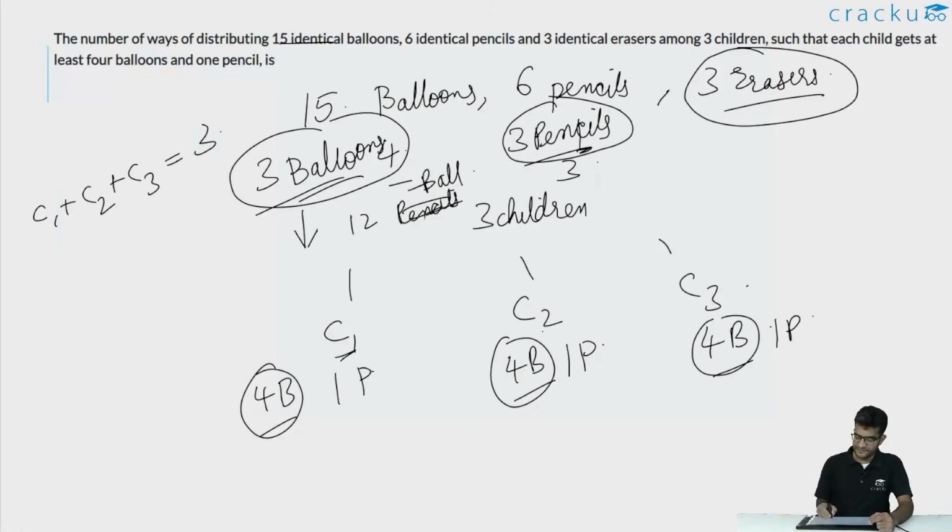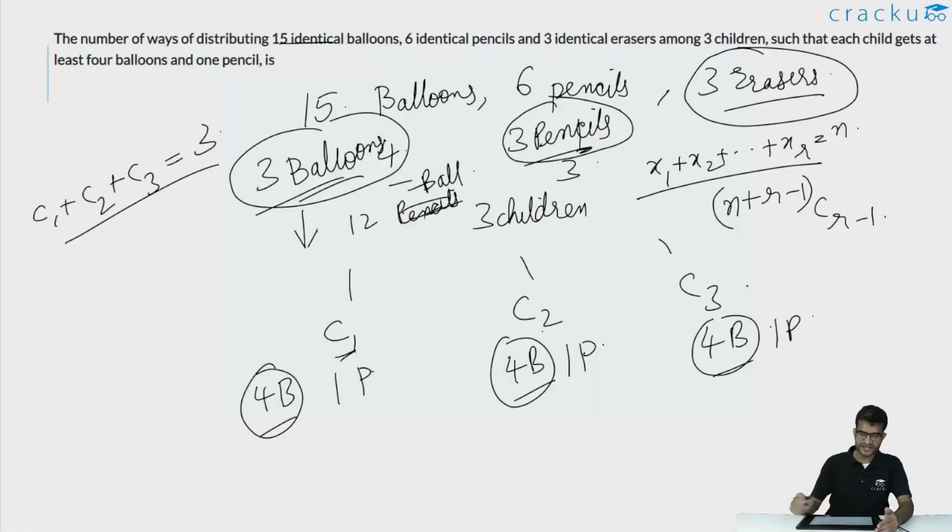We know that if you have an equation which is of the form x1 plus x2 plus dot dot dot plus xr, and this equals n, the number of non-negative integral solutions, that is the number of ways in which we can satisfy this equation such that all of these numbers x1, x2, x3, all of them are whole numbers, that is they are integers greater than or equal to 0, is equal to (n plus r minus 1) C (r minus 1).